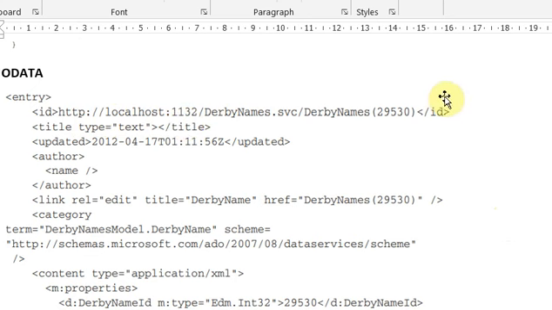Along with that, if you want you can give some title and when it was updated. Here the data was updated at this particular time. Author if you want you can write, name if you want you can write. All the information is written inside a tag called entry.